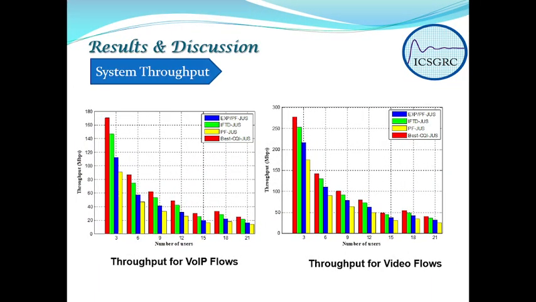Now we will explain the achievement for the system throughput. As the number of users increases, the best channel quality indicators joint user scheduler shows about 10.94% better throughput performance for video and VoIP traffic compared to our proposed. On the other hand, the newly proposed algorithm achieves a higher system throughput than the exponential proportional fair joint user